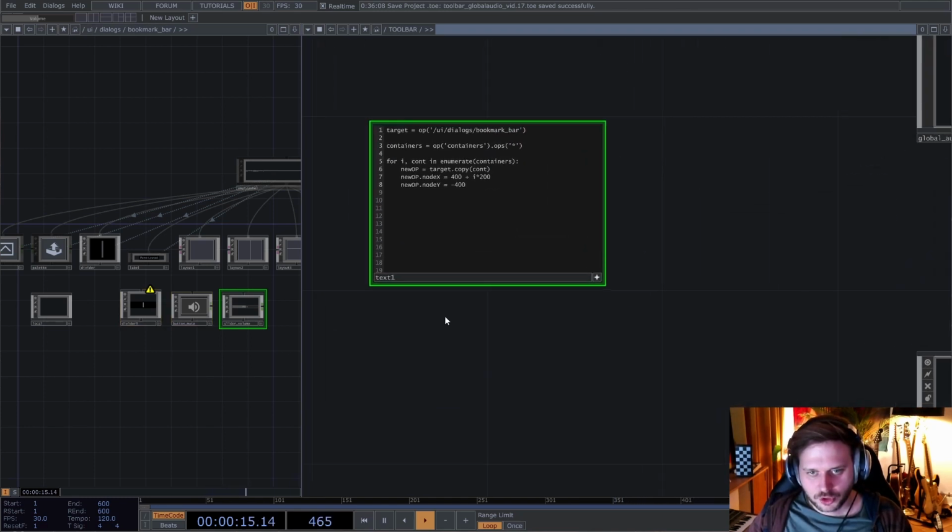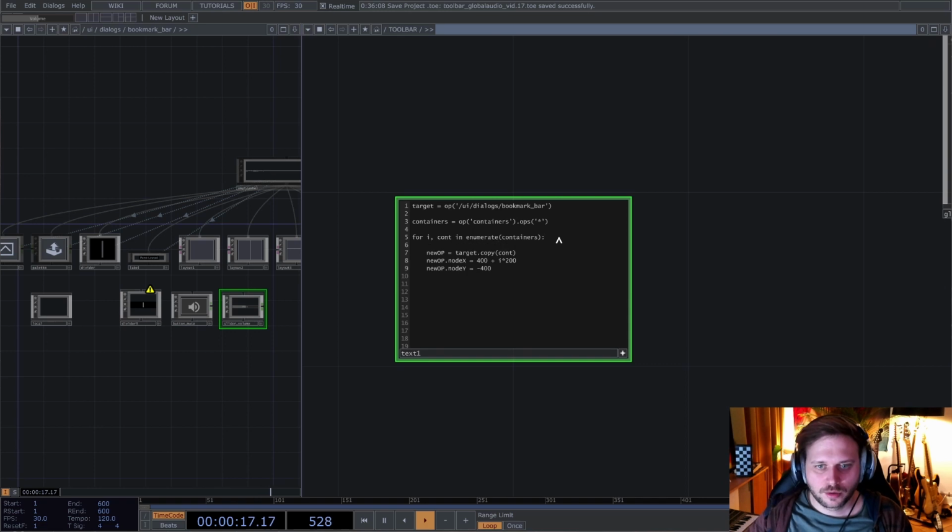So I can check if they already exist in there with this if clause, if target.op(container.name). So we're just going to check for the name. If it's already in there, it is not None. Checking if the operator is there with the name is the correct way to say it. So if it's already there,